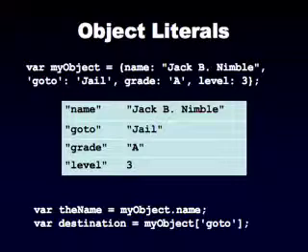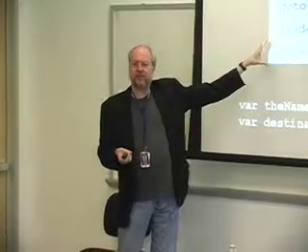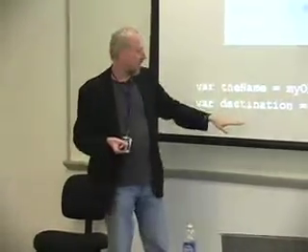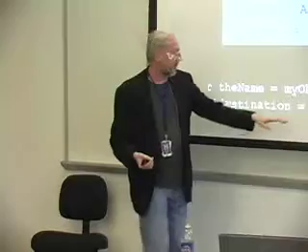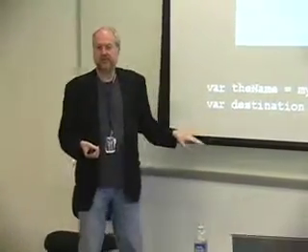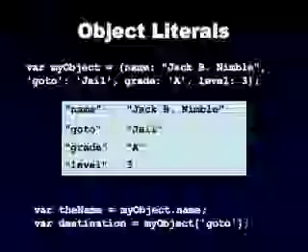So here's an example of an object literal. I declare a variable called myObject, which contains this object, which has a name and a goto and a grade and a level. So you can think of it as creating this little table in memory in JavaScript, where these are the keys and those are the values. And then I can access that material in the language. I can say myObject.name, and that will set the name to Jack B. Nimble. I can also use the subscript notation. I can say myObject sub the string goto, and it will do the same thing, put jail into the destination. So these 2 notations are interchangeable in most cases,